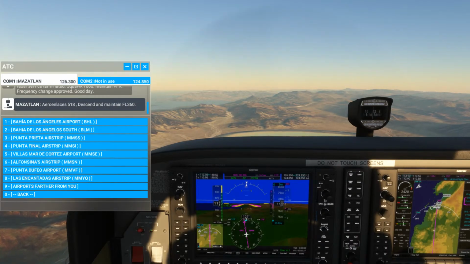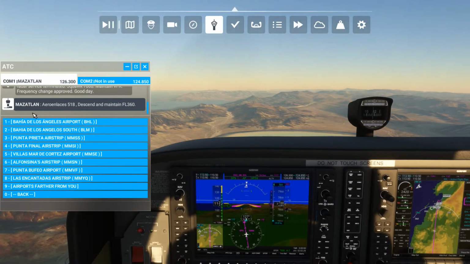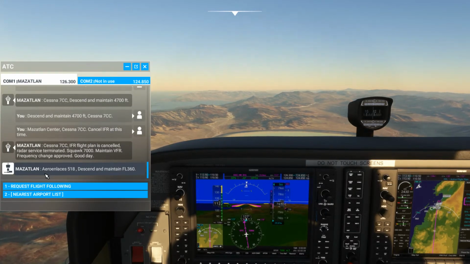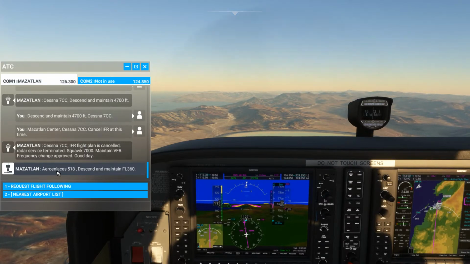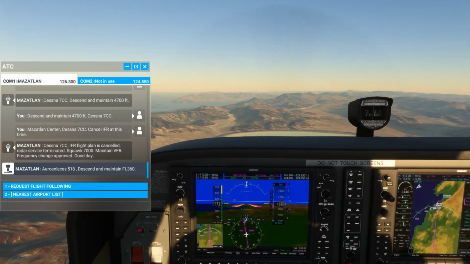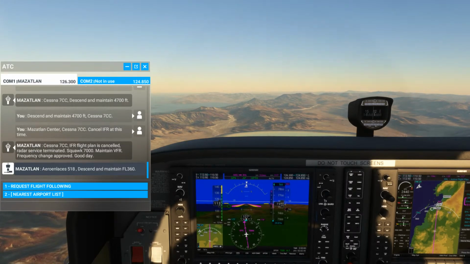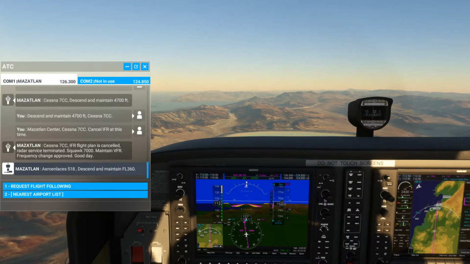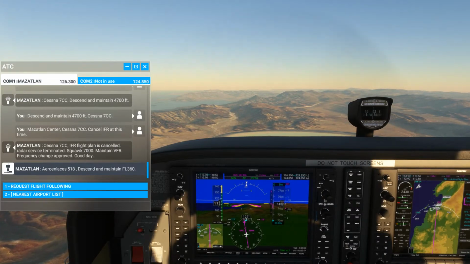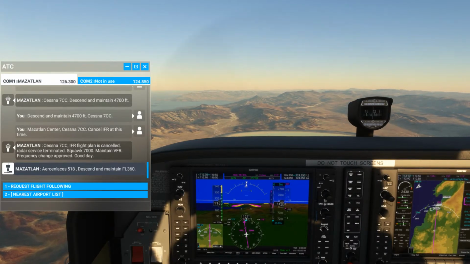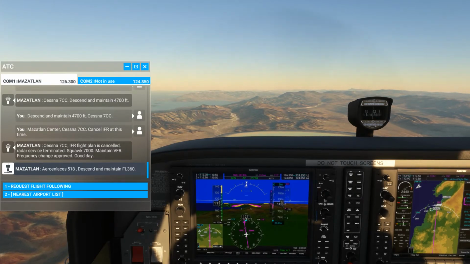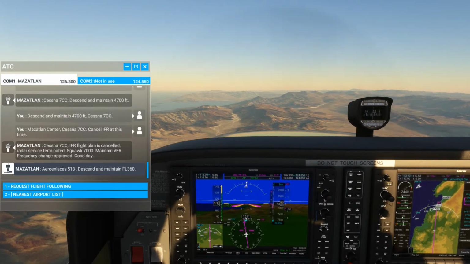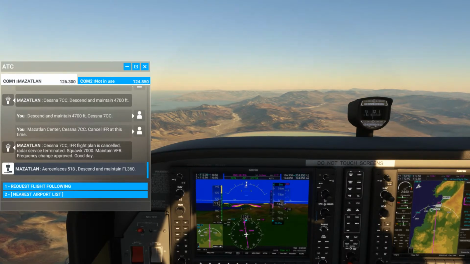We didn't do anything on Flight Radar yet. Wanted to check that out. So Airy, A-E-R-O, E. I don't see it. A-E-R-O, E-N.